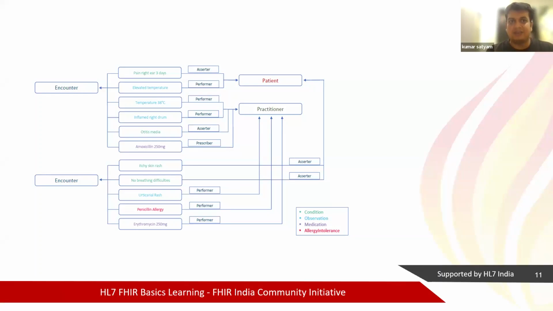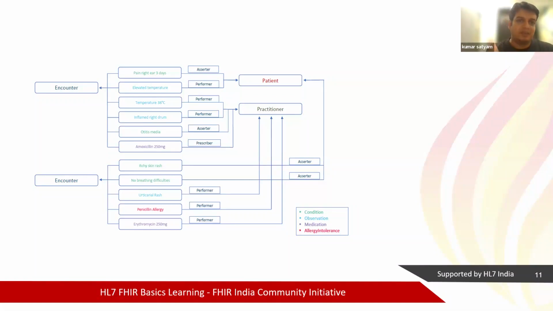You had understood some observations, like the elevated temperature, temperature 38 degrees. These are observations that happened during the encounter. A prescription of a medication, amoxicillin 250 mg, happened during the encounter. So an encounter had these particular resources linked, okay? And then the encounter was performed or asserted by certain entities like a patient or a practitioner, right? So in this case, if you see the performer, who took the observation or who did the observation,